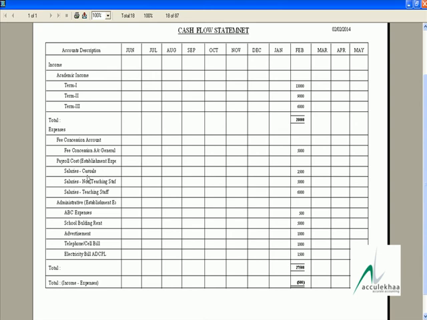Payroll expenses, casual 2,500, non-teaching 5,000, teaching 6,000. Administrative expenses, ABC expenses 500, school building rent 5,000, advertisement 1,000, telephone bill 1,000, electricity bill 1,500. Total expenses is 27,500. Means you have 6,000 rupees toward income.